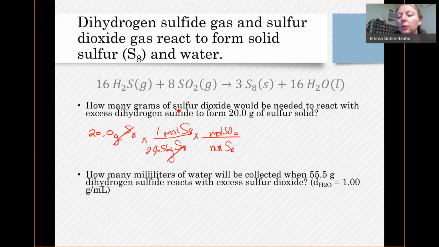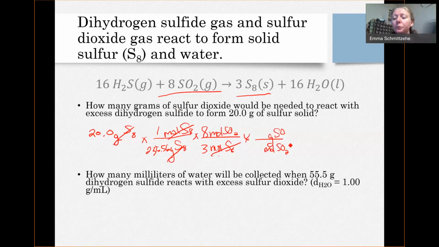Okay, so I look at the reaction, and SO2 has a coefficient of 8, and S8 has a coefficient of 3. So that's going to cancel my moles of S8, give me moles of SO2, and we want grams of SO2. So we put moles of SO2 on the bottom, grams of SO2 on the top, and we need to